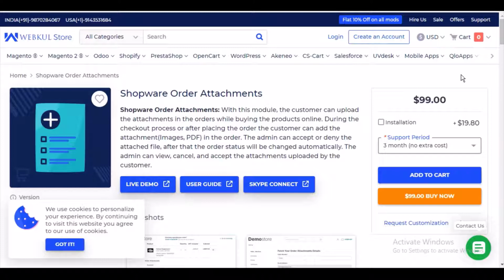So the customer would be able to add or upload multiple attachments at the time of placing an order. Also, the customer would be able to add comments while uploading order attachments, and you should know that the code is open source, so you can easily customize it as per your requirement.